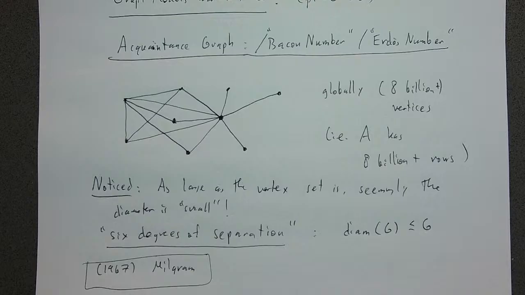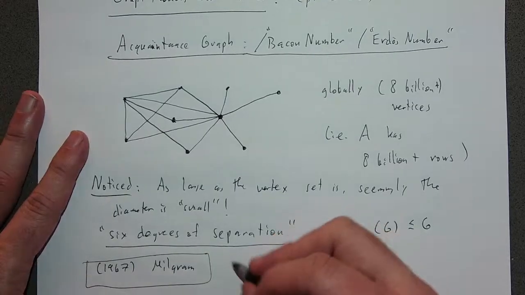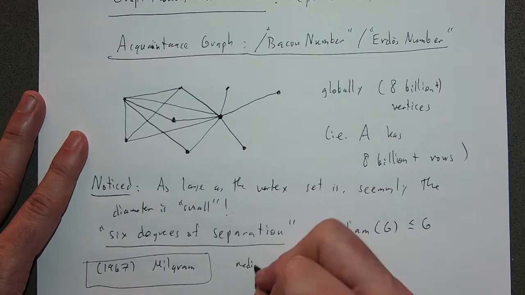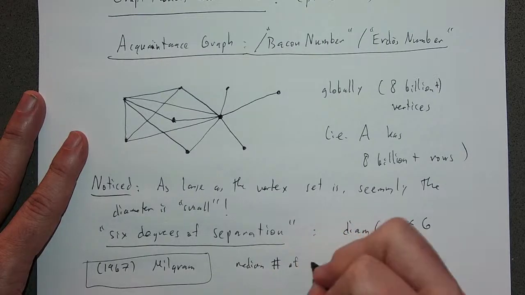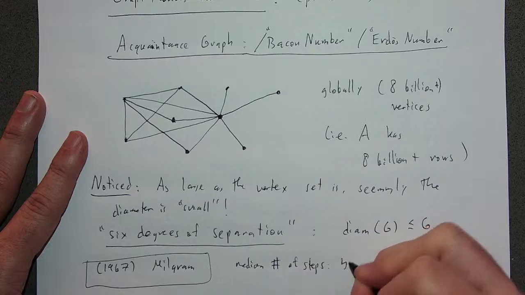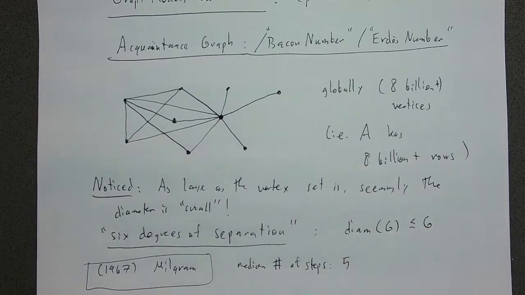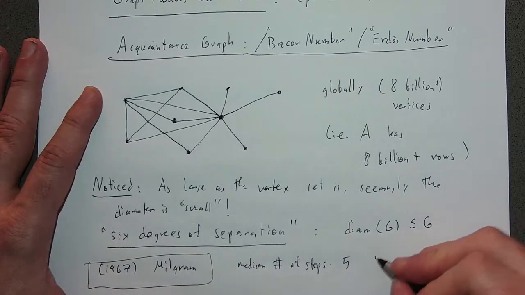So Milgram tracked how many steps it took for the packets to reach the target. Of the packets that eventually returned, the median number of steps was 5. Now you might fuss about some biases that might have crept into that, as far as you only track the packages that returned. Of course, how could you track a package if it didn't return? So all kinds of things that you could argue about here. But this led to the notion of